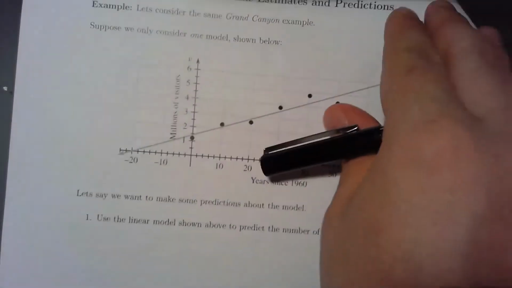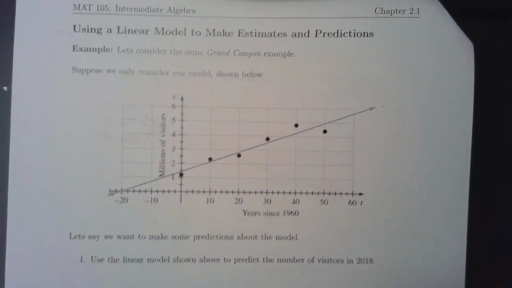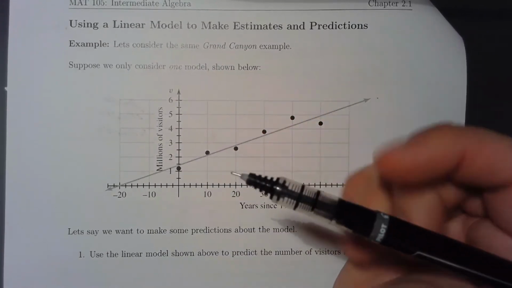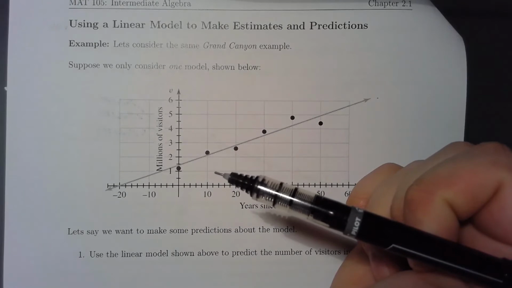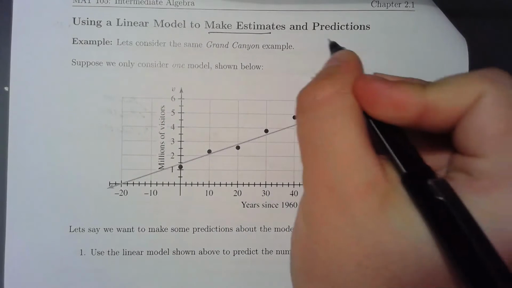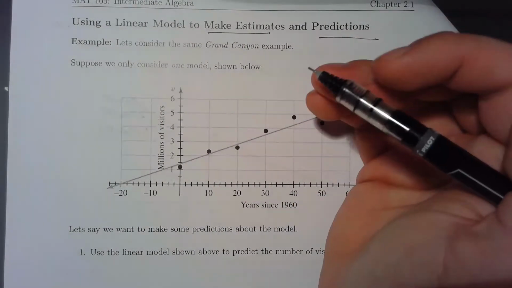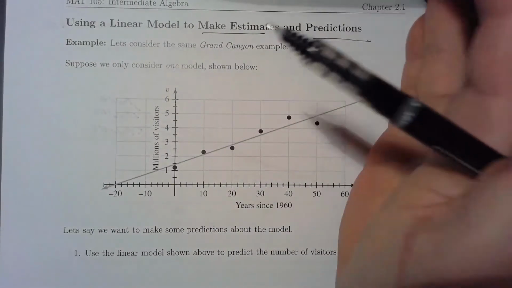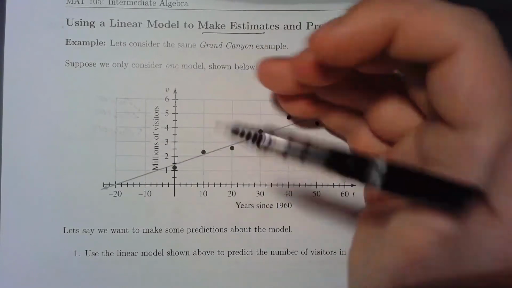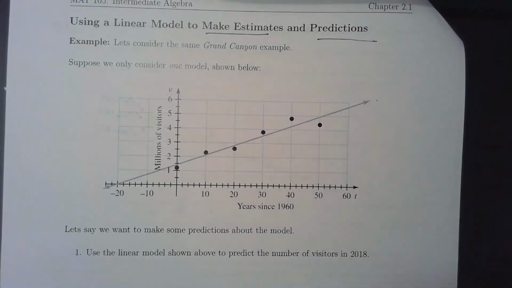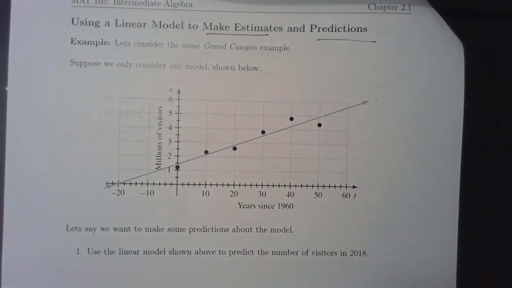So, on page 4, now that we've looked at the process of modeling, what we want to do is use one of those models to make estimates and predictions about some future amount or some particular amount from that data. And that's what we do modeling for. Just like I said with our meteorology data, if we have weather data,